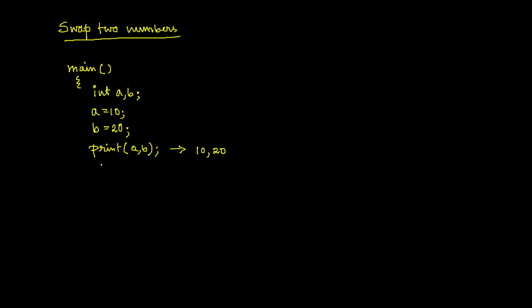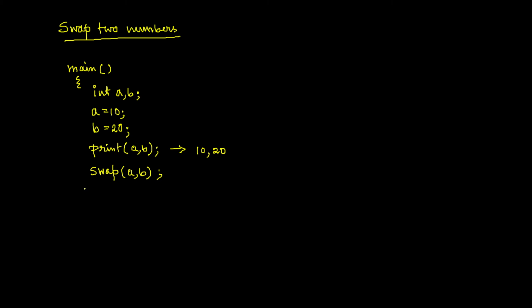And you see, after this printing, if I call a function, say swap, I have given the function name as swap, and I have passed these variables a and b. Suppose that you are the swap function. I have given this data to you, and I have told you to swap this and show the result to the user. You don't need to return me the result.